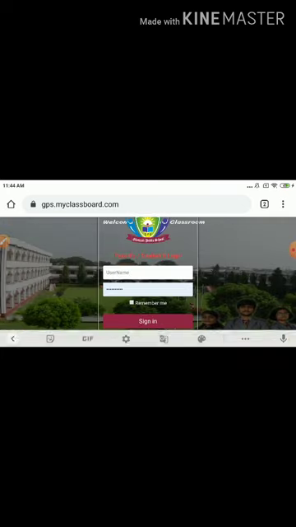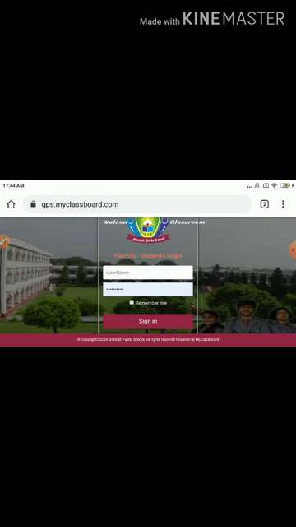Yes. The next day, for the next exam, again by following the same procedure, you have to log in with your ID and password and sign in. That option we have already discussed in our video. And on the result day, the same method. On the result day, you have to log in with the ID and password to know your result. On the result day, you have to follow in the same manner.